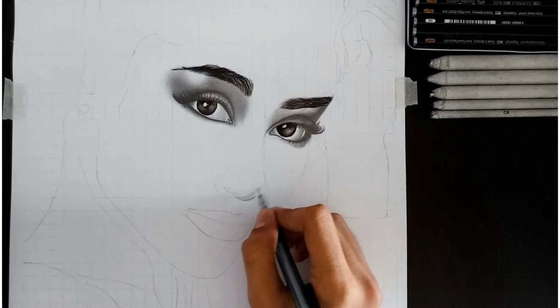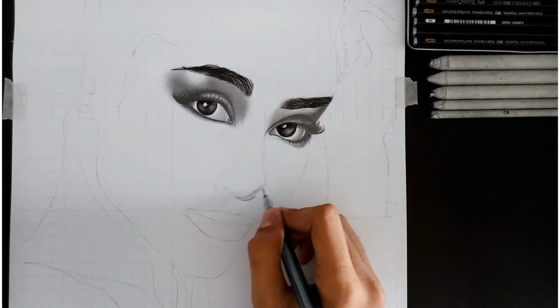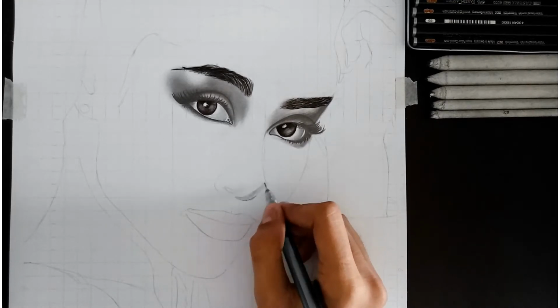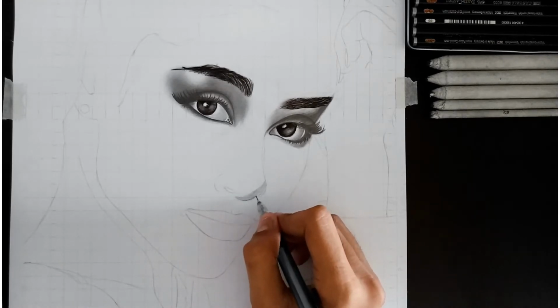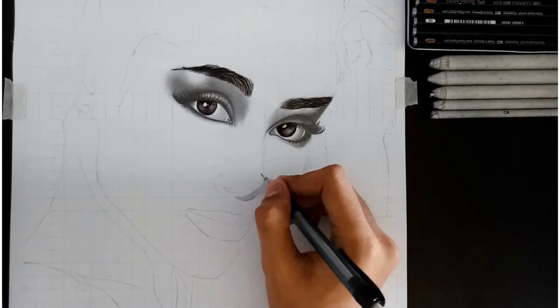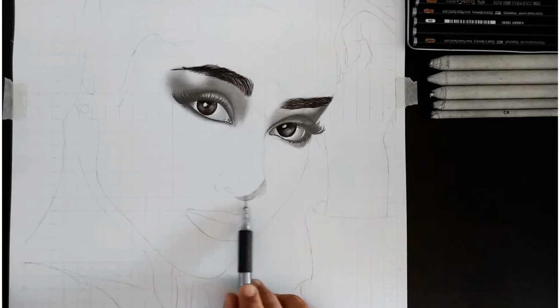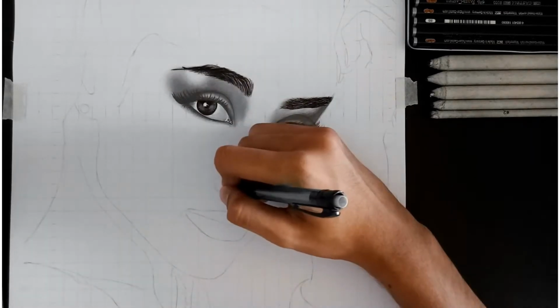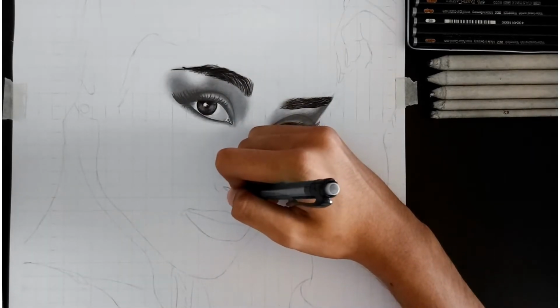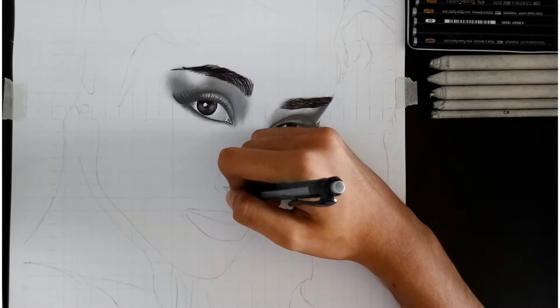So first, grab your mechanical pencil. I am using a 0.7 mechanical pencil. If you don't have one, then you should purchase it. It is very useful. But for now, you may take a B pencil for it. I just love using mechanical pencils. The best part is that you don't need to sharpen them again and again, and you can just use it non-stop without sharpening.